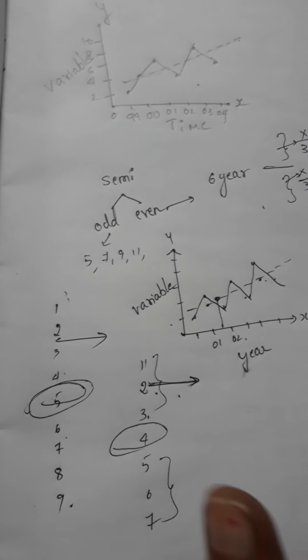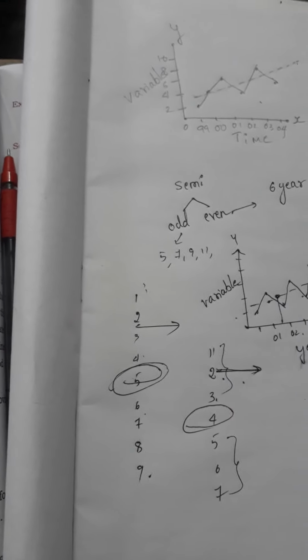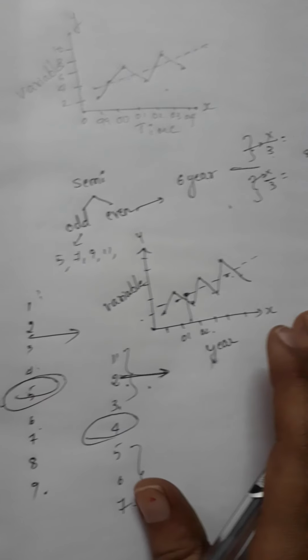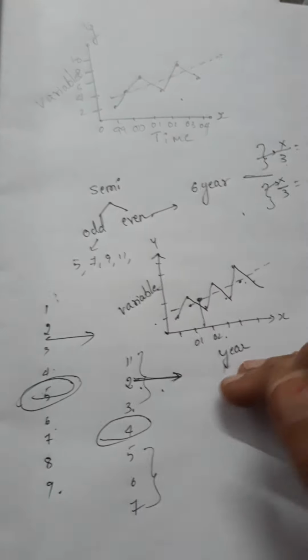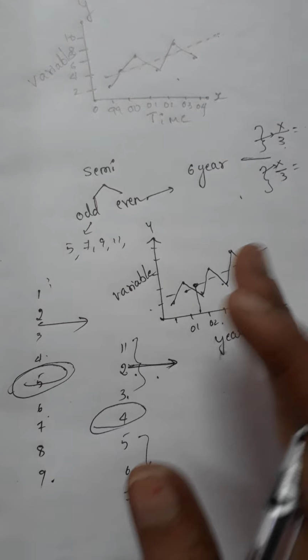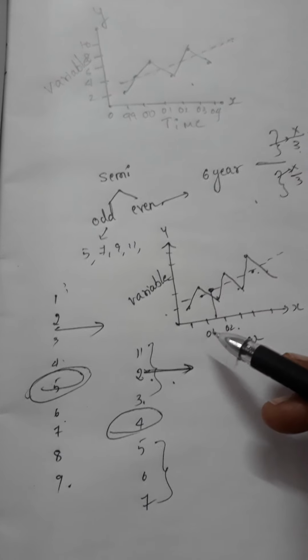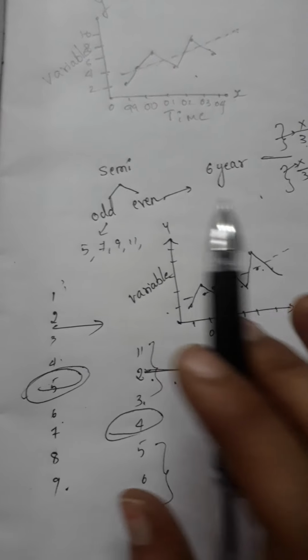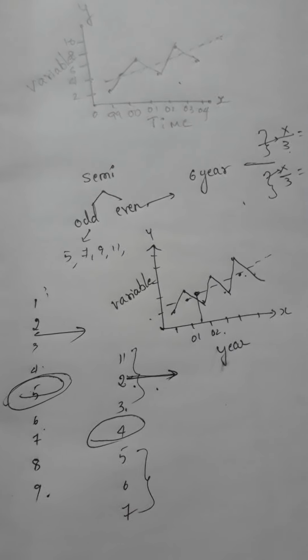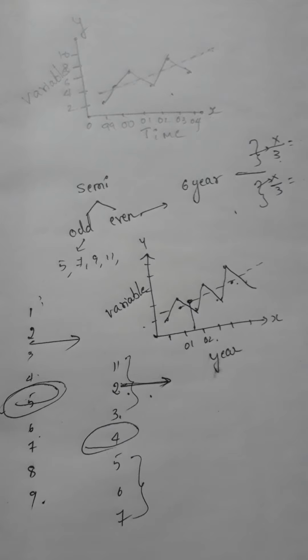I hope, children, you understood this problem. I will send you the same problems. You solve them and you will come to know how to solve this problem. After writing that theory, you start with these problems, write the heading and solve the two methods of problems. Then after a few hours, I will send you the 3 yearly, 4 yearly, 5 yearly semi-averages method.